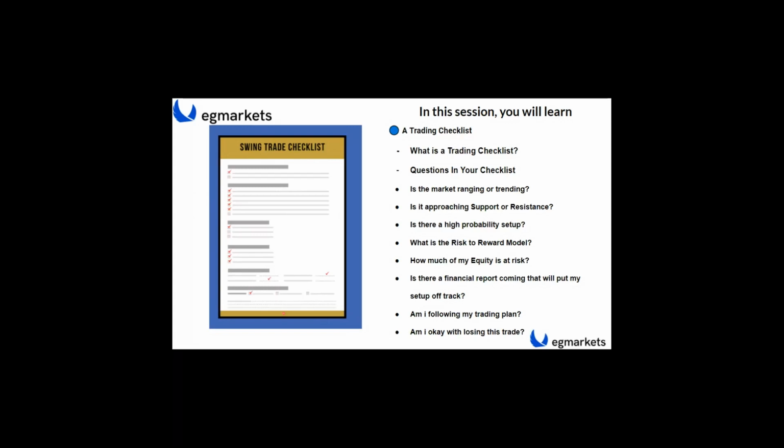The next thing to now ask yourself is, is there a financial report coming that will set your trade off track? This is the 6th question. This is where most traders get it all wrong. They ignore or they overlook financial reports that are coming out, such as NFP, CPI data, consumer interest, interest rate announcement. They ignore it because they feel it's going to go in the direction of the market. Now, it's wrong. Some of these financial instruments will just put all your analysis off the track and you end up losing money. Okay, so always take note of financial reports that are coming out,